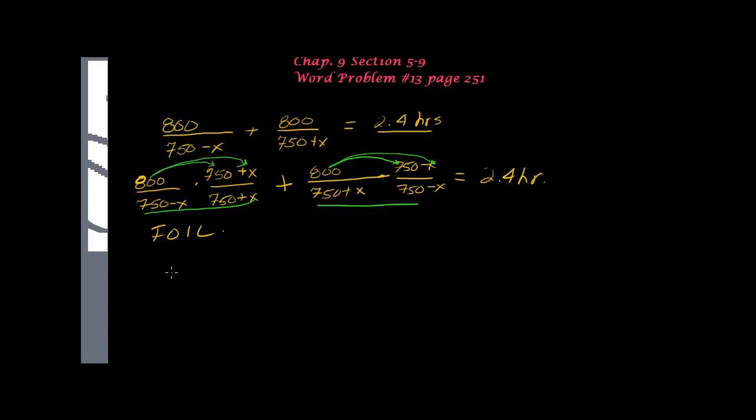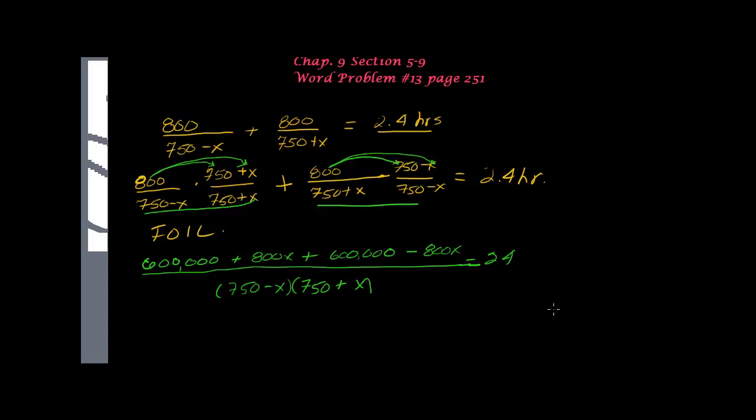So our next step, or our next line doing that is as follows. Okay, so if I expand this, then we get 600,000 plus 800x plus 600,000 minus 800x. So those two terms cancel, and we're left with